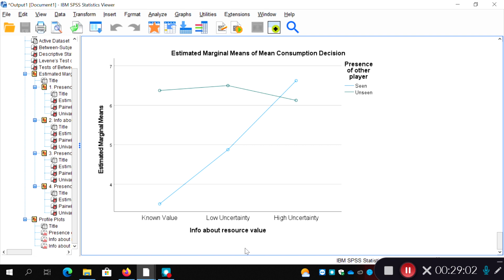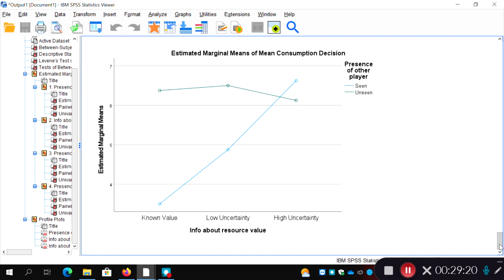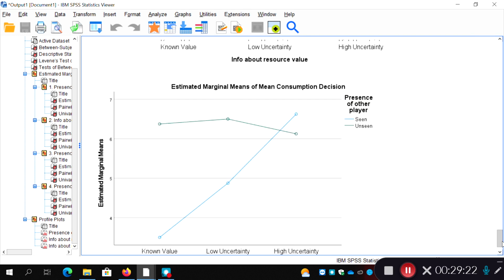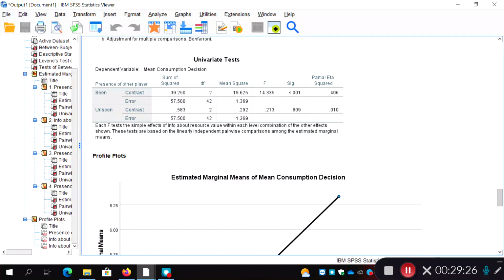And then just taking the green line for the unseen condition, comparing those 3 points. Is there a difference between the known value unseen and the low uncertainty in the unseen condition and the high uncertainty in the unseen condition? So 2 one-way ANOVAs. And because we did that little bit of typing in the syntax editor, okay, we have